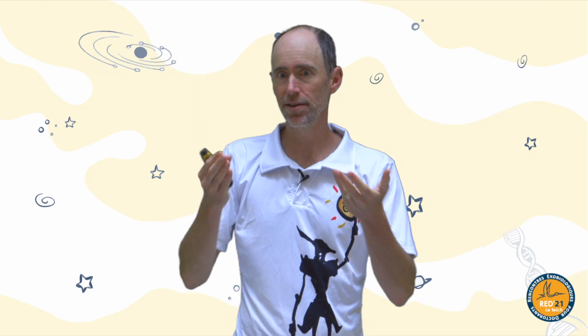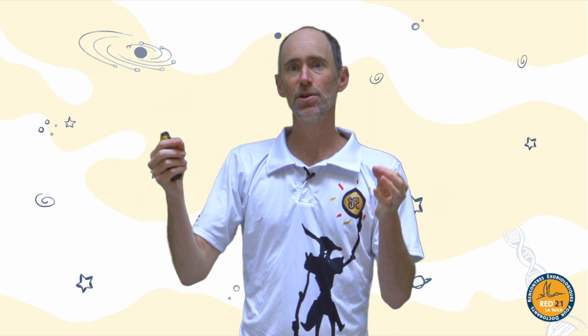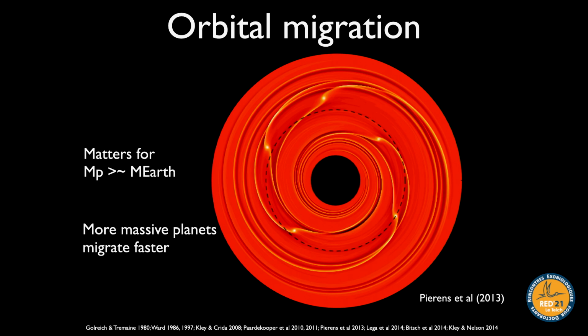And when they do that, like we saw before, they launch spiral density waves in the disk, and those spiral density waves torque the planet's orbit and cause it to shrink or grow. And in the case of planets that are going to end up on very close-in orbits, we think that the orbits mostly shrink to get there. Okay? And remember, this happens for planets that are more massive, roughly, than Earth,